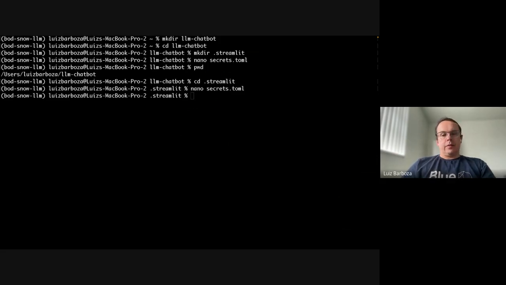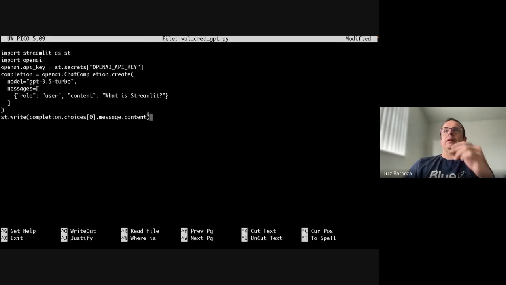All right, so we can test the connection with both ChatGPT and with Snowflake. For ChatGPT, let's create something I'm going to call a Python code validation, credentials for GPT. It's going to be a very simple code that's going to import the secret key that I got in the other file